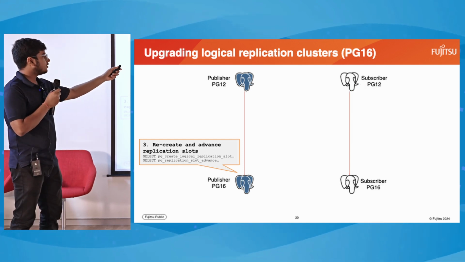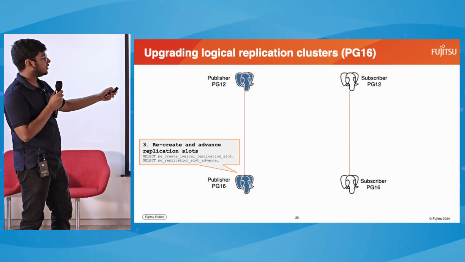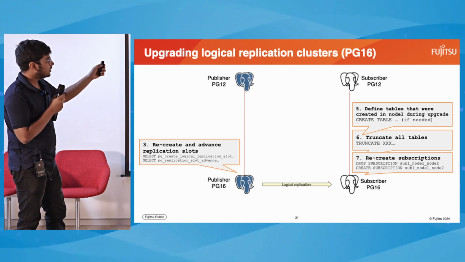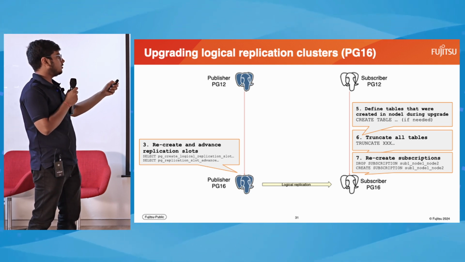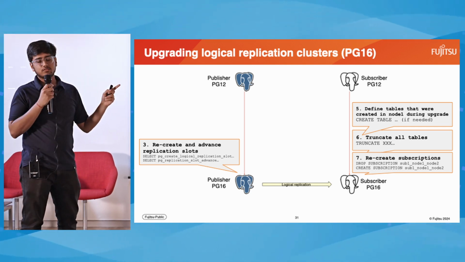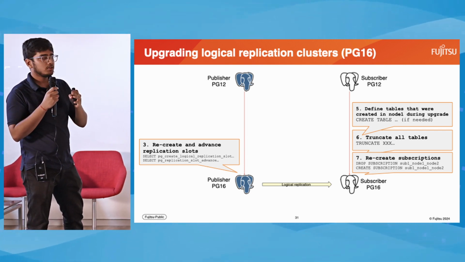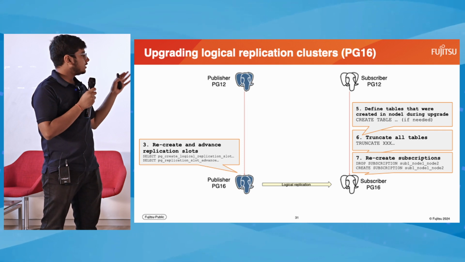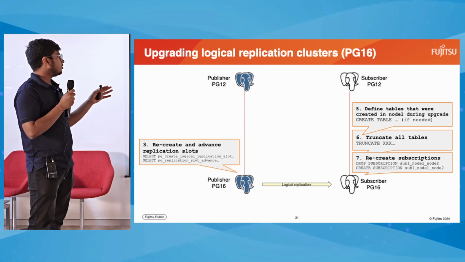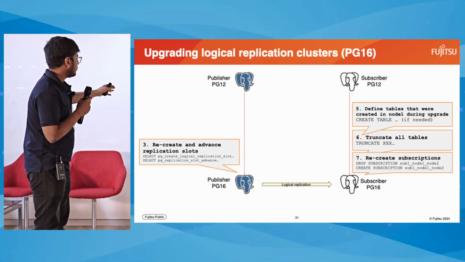So this way the subscriber is upgraded, but until PG16 we don't replicate the pg_subscription_rel data. So yeah, we need to recreate all the subscriptions for that. And also during the upgrade of the publisher,